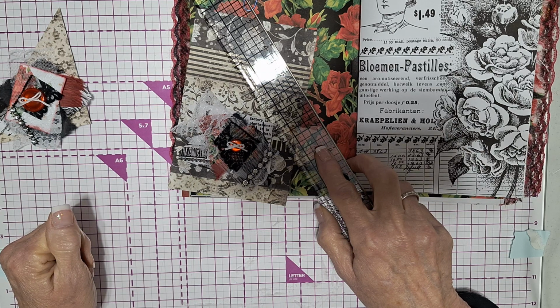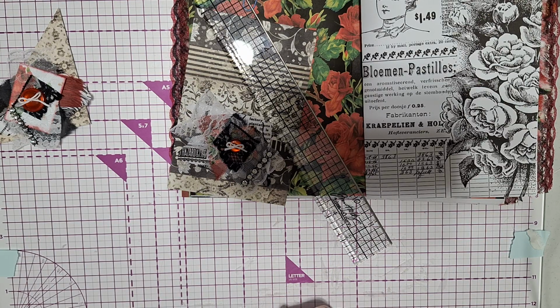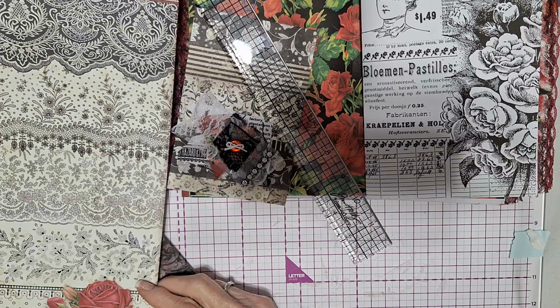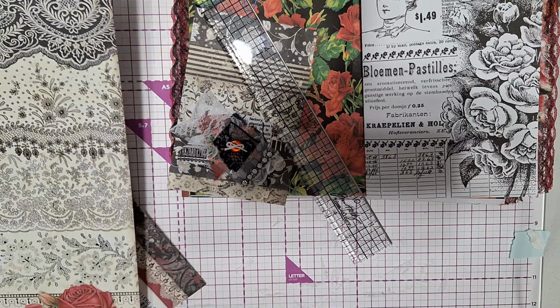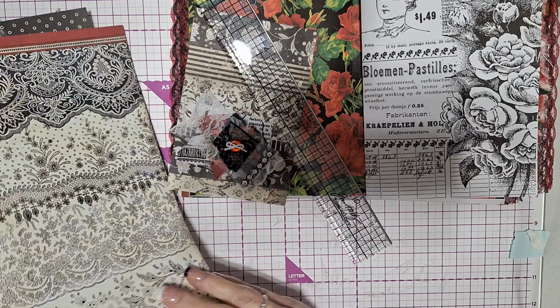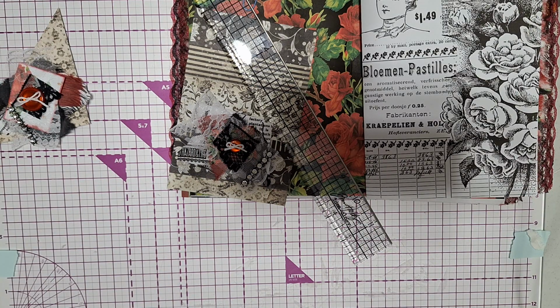But it's already cut off half of it. I don't have a big enough piece. Let me see, I got some more paper over here. I can use that someplace else if I want. I've got this, or I have this. Okay, well, I'm going to think about that for a while. Thought I had it all planned, but I don't. Okay,